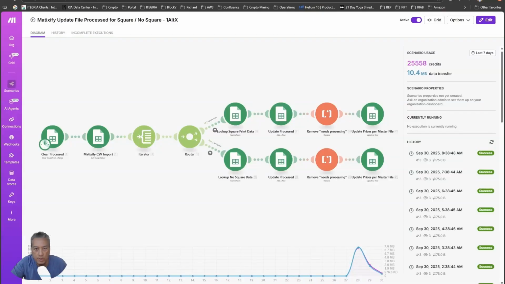Hey, how are you? I wanted to show you my Matrixify update file process for converting two tags and updating that information. This automation takes a Matrixify export. After the export is done, which you can auto set in Shopify admin, it pulls the information from that particular export. First, it clears a spreadsheet in Google Sheets, imports the CSV file exported by Matrixify, goes through every line